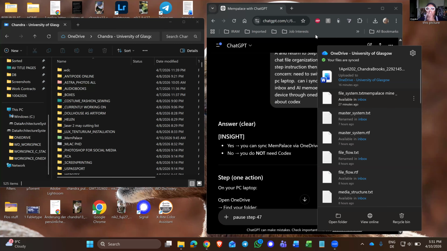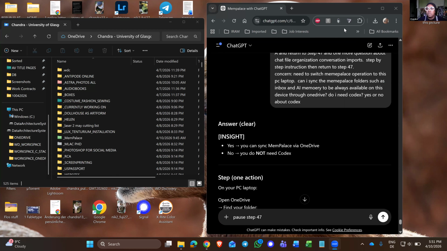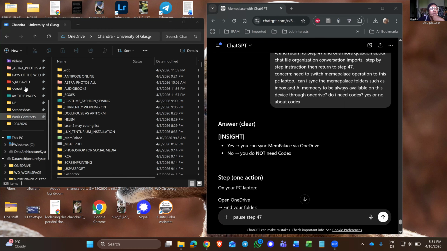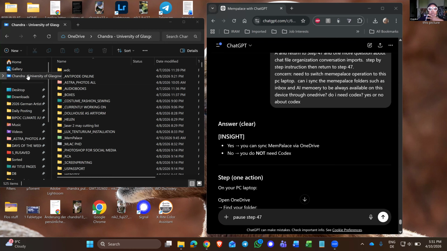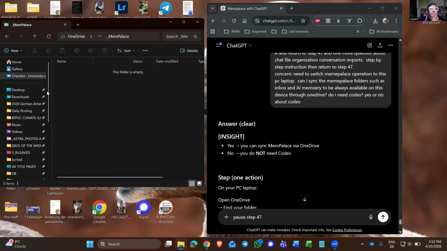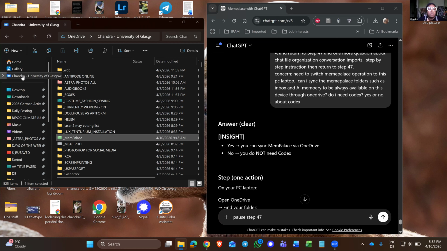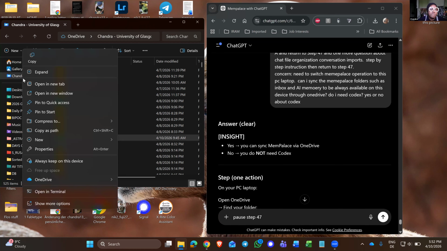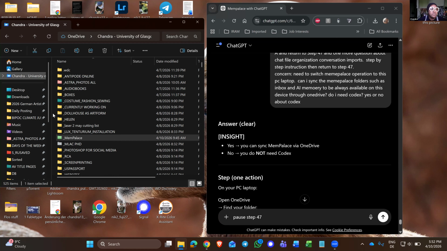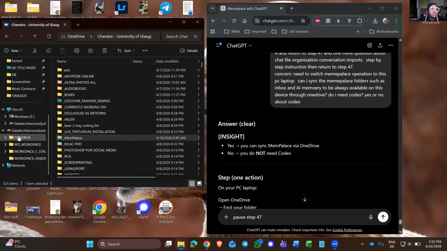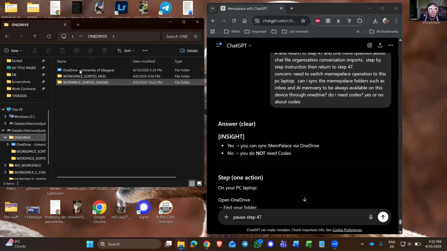But when I give it again, I'm showing up online. Here we have OneDrive parked up here, pride of place. But when I went to the Mem Palace folder and I right clicked, it was empty. So this installation I wondered about, that's a question for later. But when I accessed OneDrive from the D drive,